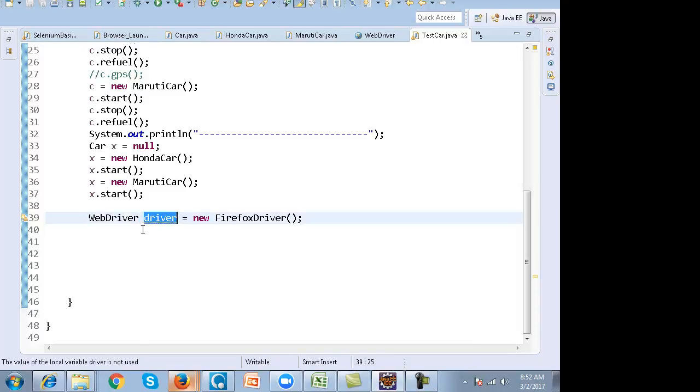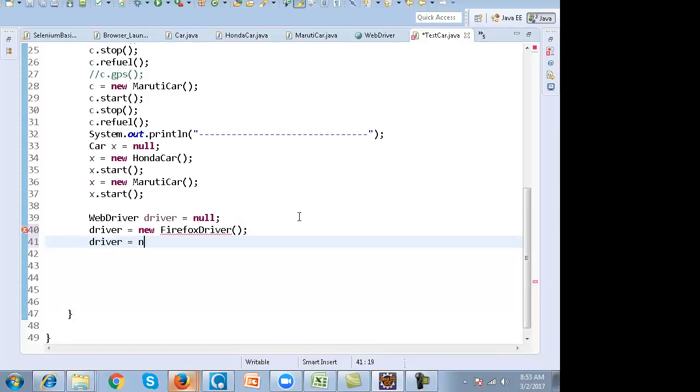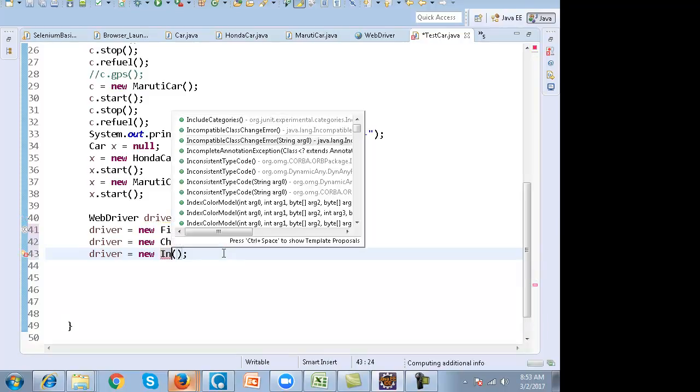Right. So if you write out here, suppose WebDriver driver equals to null, then you can make driver point towards Firefox driver, or you can also make driver point towards Chrome driver, or you can make driver point towards Internet Explorer driver.